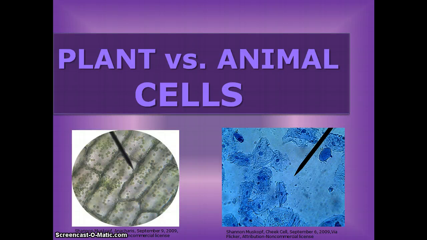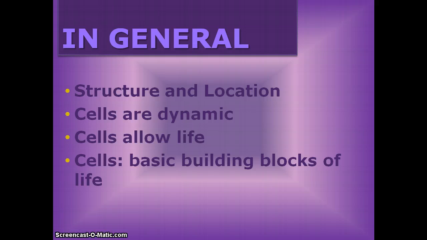Today we're going to be talking about plant and animal cells. The cells have varying structures and locations, and depending upon location, the structure will be different, which means the job that each cell does will be slightly different. Cells are very, very dynamic, meaning that depending on location, they do a different job, they have a slightly different